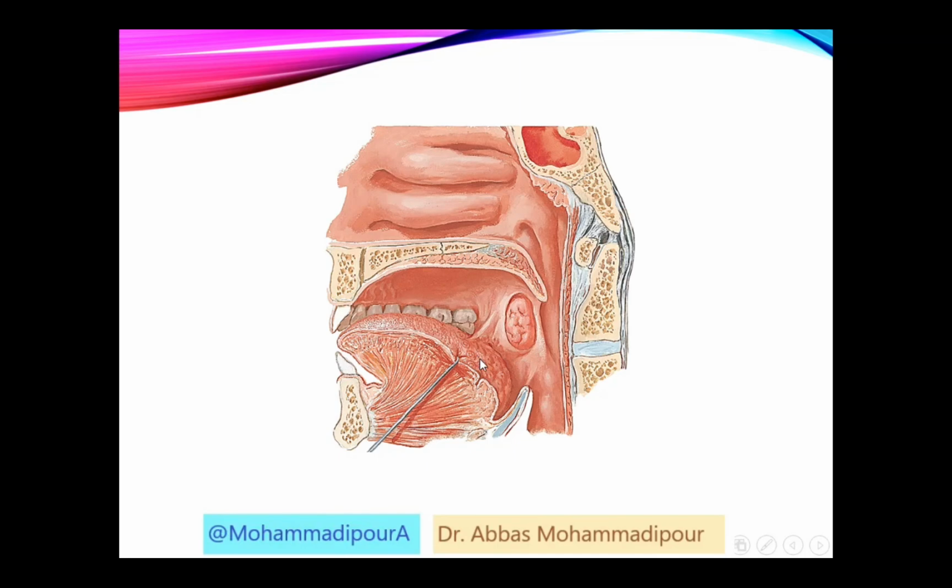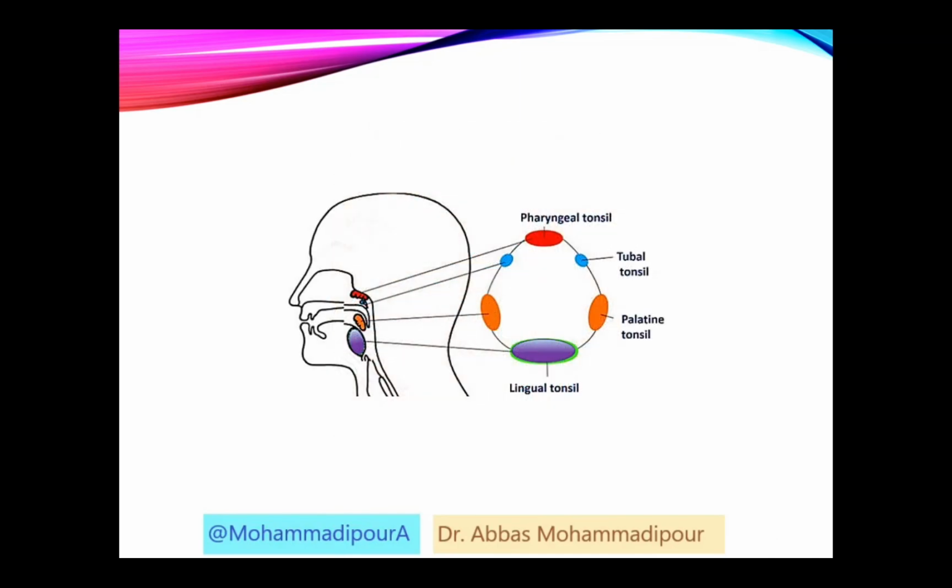It's important to remember that we've got only one pharyngeal tonsil, and here is the right half of the pharyngeal tonsil, but we've got two palatine tonsils, okay, and here is the right palatine tonsil. In this slide, here is the pharyngeal tonsil, here are the palatine tonsils, right and left, and here is the lingual tonsil. These tonsils form a lymphoidal ring, which is called